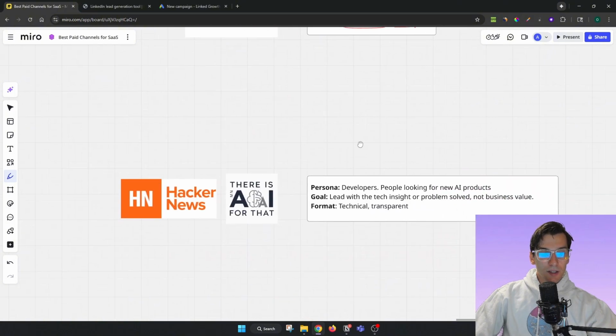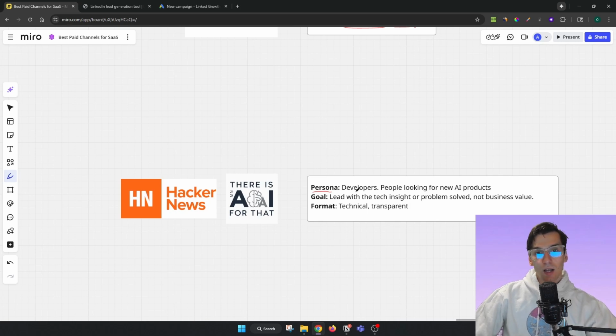And the last thing is, I've actually used There's An AI For That. I advertised my product once when I launched it. I actually had traction. It was instant success. The problem is I wasn't able to retain people because my product wasn't exactly meeting their target audience. And who's the target audience for There's An AI For That, Hacker News or Product Hunt? Usually developers, e-com owners or AI startup owners.